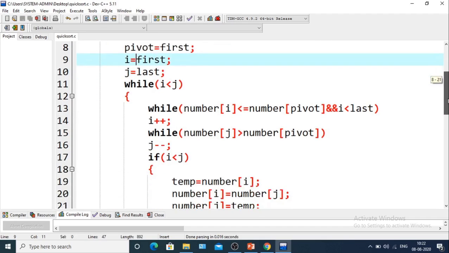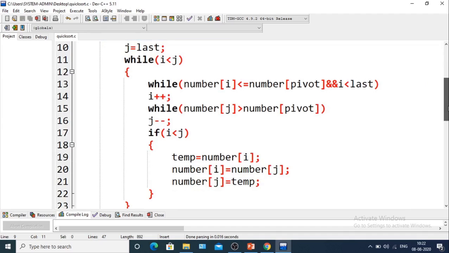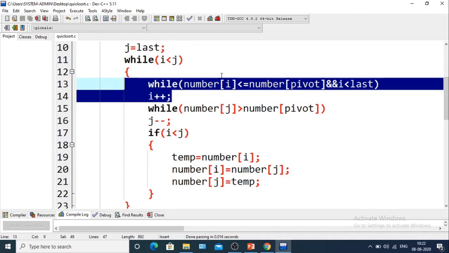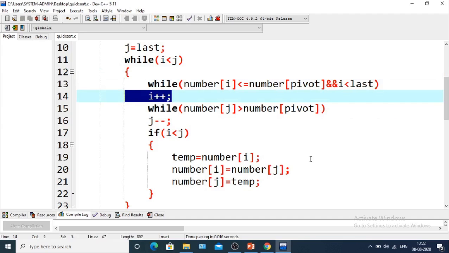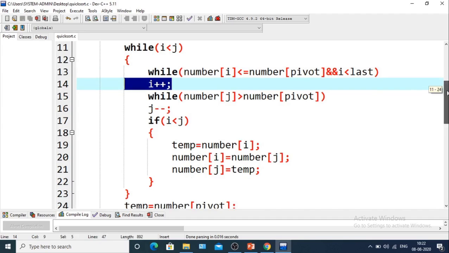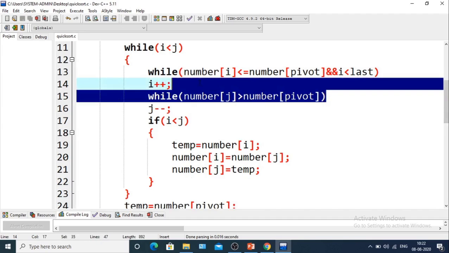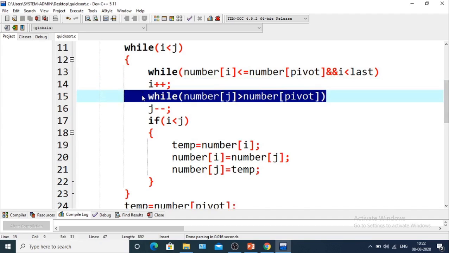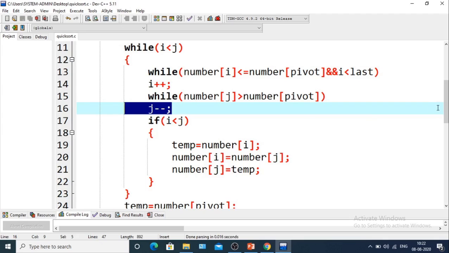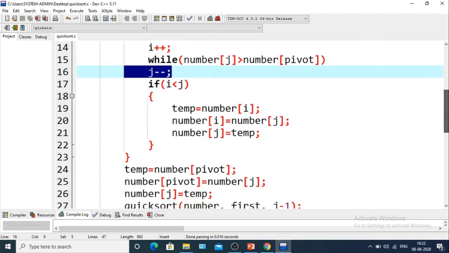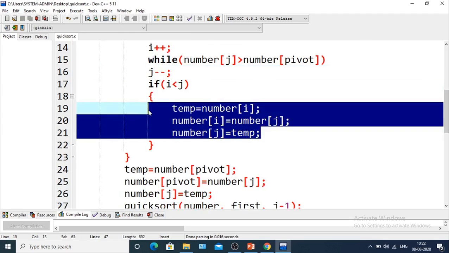So while i is less than or equal to j, this condition: while number i is less than number pivot and i is less than last, then i will be incremented, and similarly while number of j is greater than number of pivot, the value of j will be decremented from last to first. If i is less than j, then the swapping will be done.